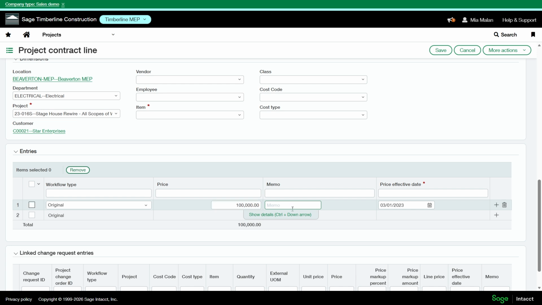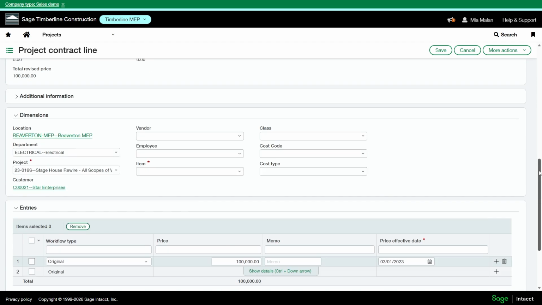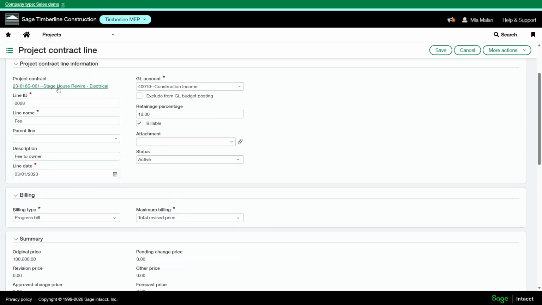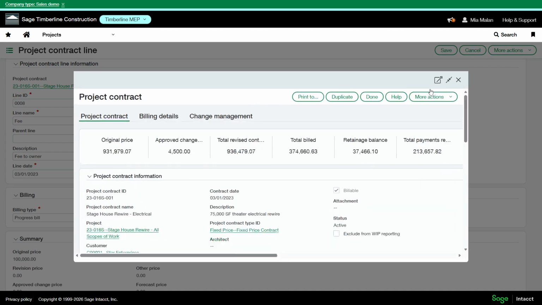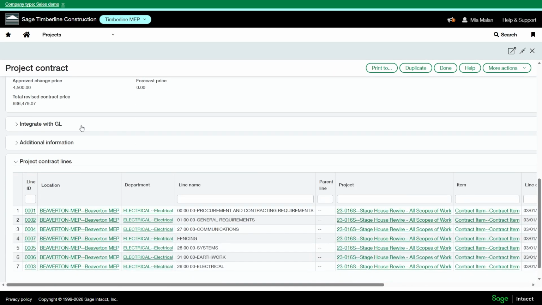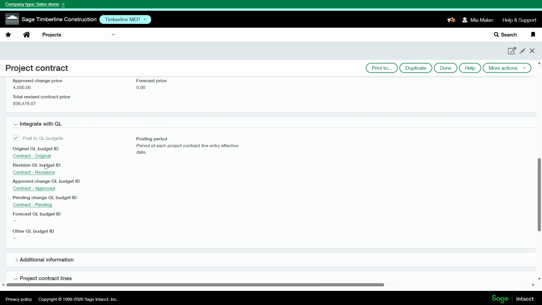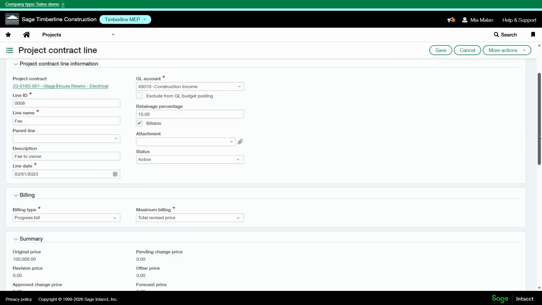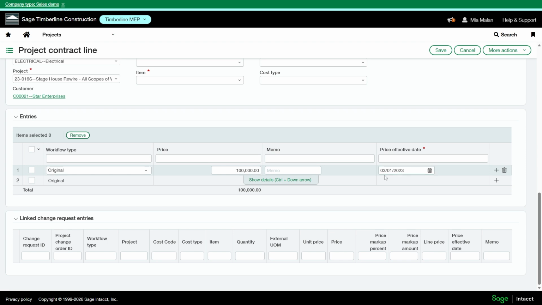You can add a memo if you'd like, and then the price effective date. This is based off that contract setting that we selected here. Let me pull that up for you. It's based off this posting period right here. So it's the period of each project contract line entry effective date. And this is my project and contract effective date.